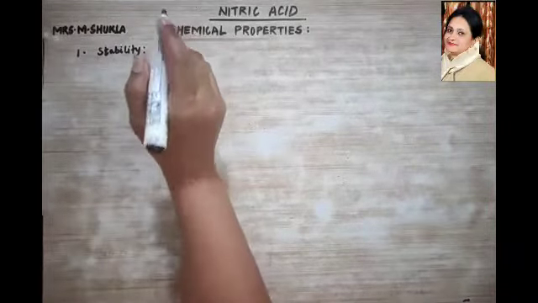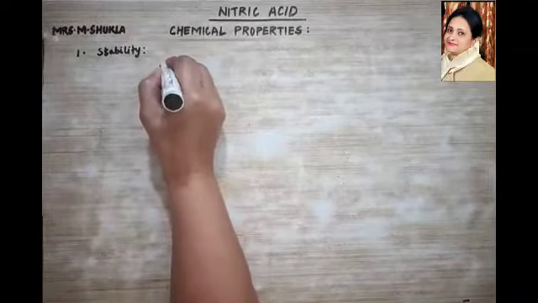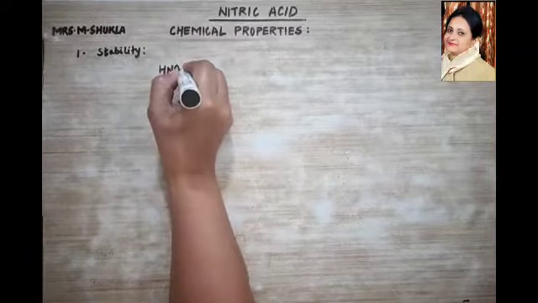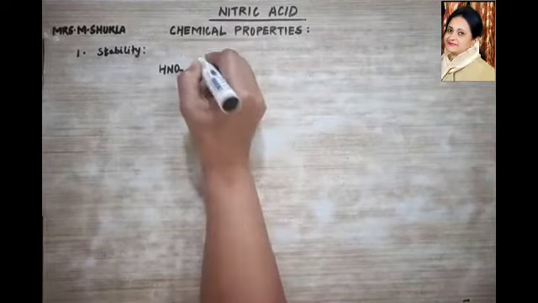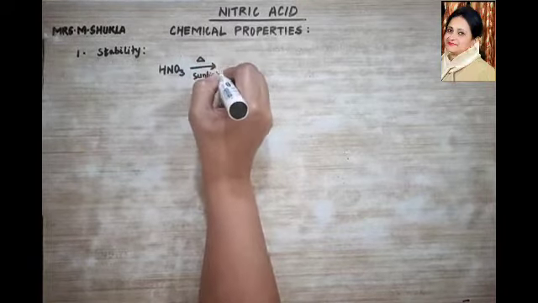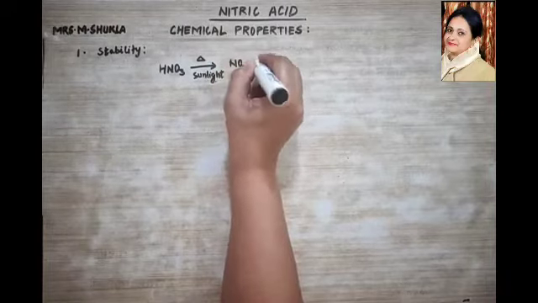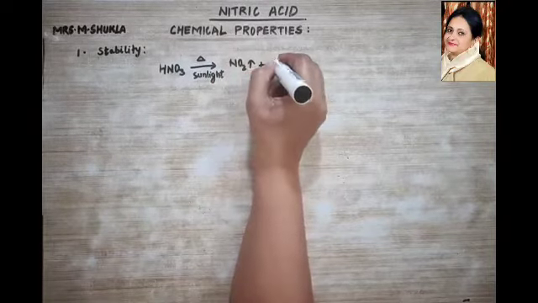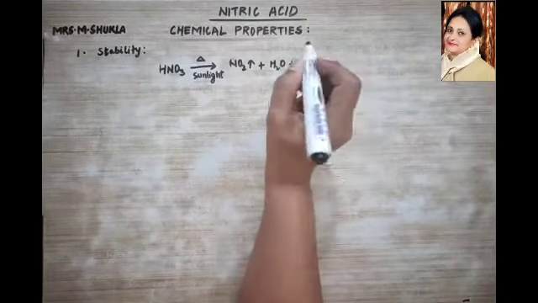Pure nitric acid is unstable to heat or sunlight. Okay, what did I say? Pure nitric acid is unstable to heat or sunlight, right? And therefore it easily decomposes to give nitrogen dioxide, which is a reddish brown color gas, plus water, and colorless oxygen is also given